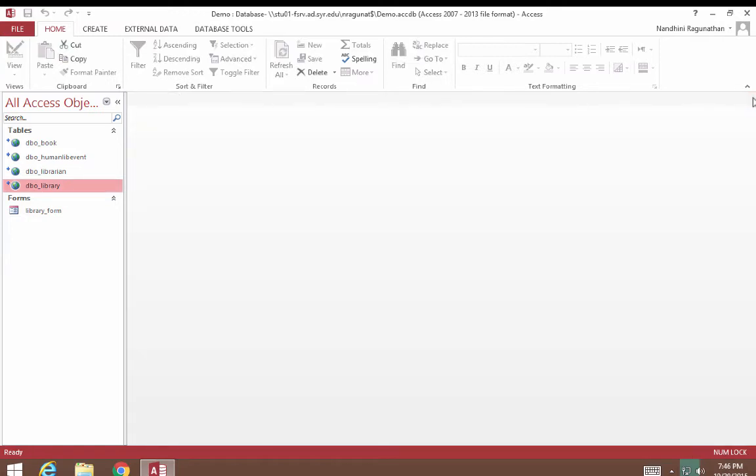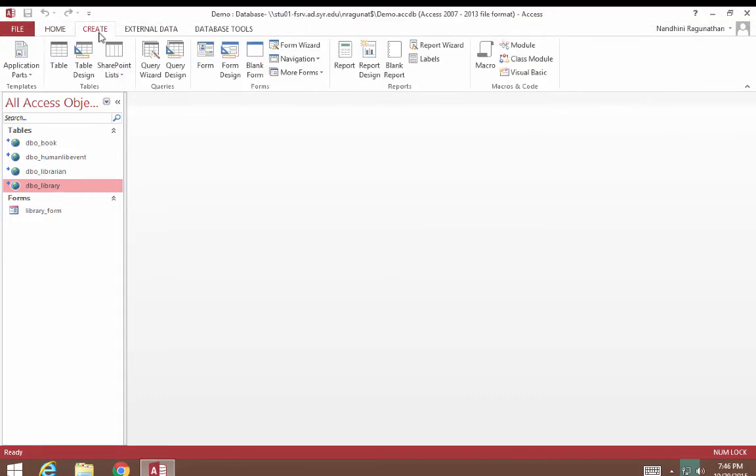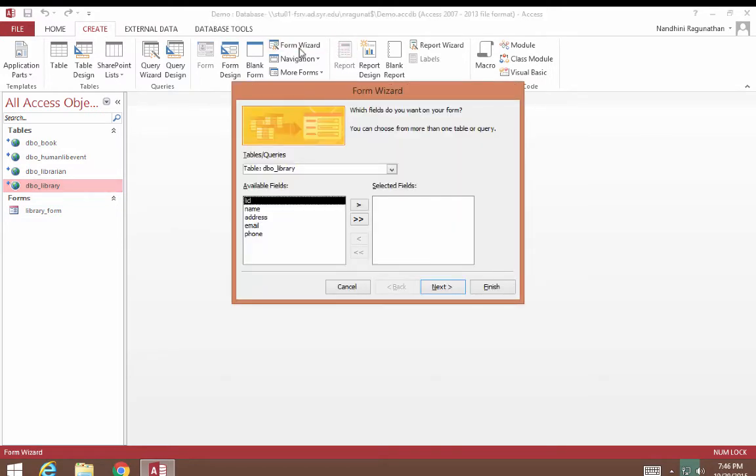Suppose you want to create a form with subforms in it. How do you do that? Access allows you to do it using the Form Wizard option. So similar to the previous option, go to Create, Form Wizard. And now here, since you're going to have a form with subforms, you have to select columns from multiple tables.